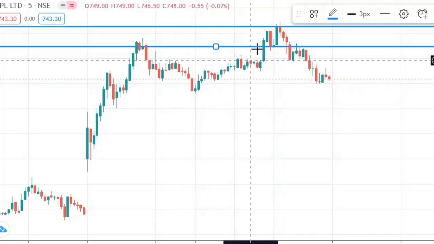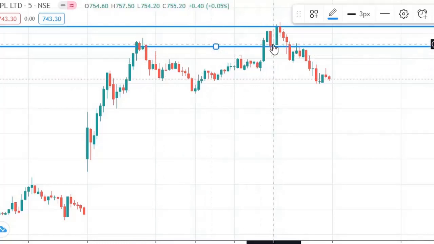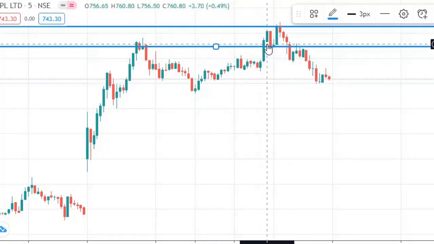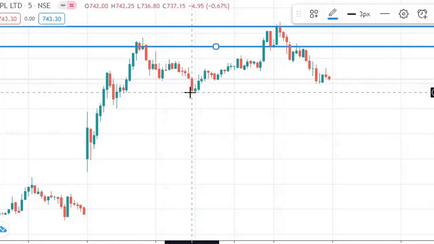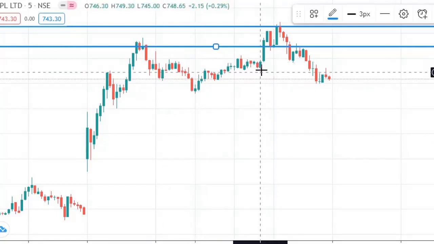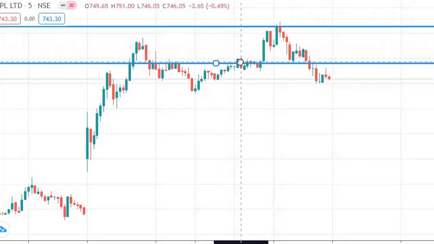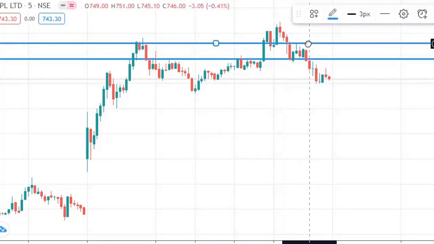Now as per my theory, when something has to reverse, the reversal chart patterns that you might have seen, I'll cover those things in another video maybe. So you can see this kind of reversal pattern, or this is also a reversal pattern, or mother candle, something like that, but we will cover those things. Then from here market was positive, then turned negative. So if you are in a trade, you can think of getting out.